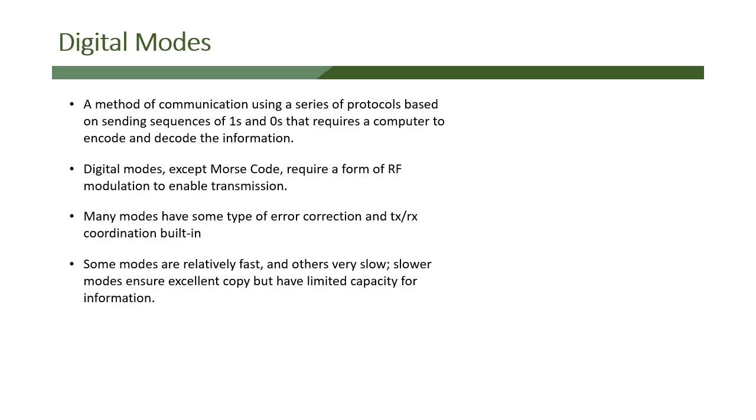So digital modes are a method of communicating using a series of protocols based on sending a sequence of ones and zeros that requires a computer to encode and decode the information. Digital modes, except Morse code, which is the original first digital mode, require a form of RF modulation to enable